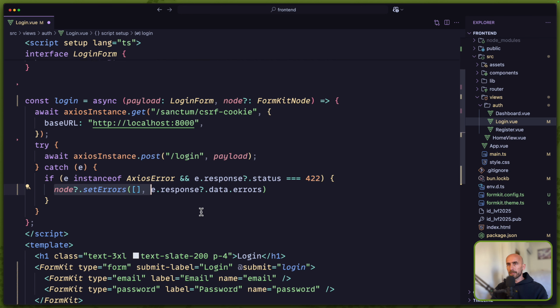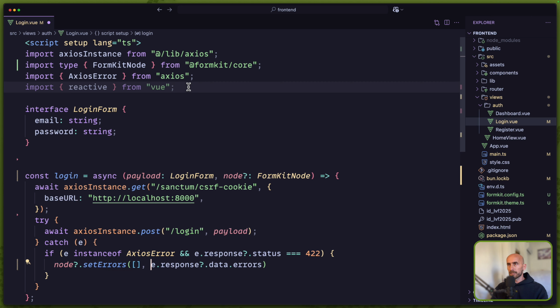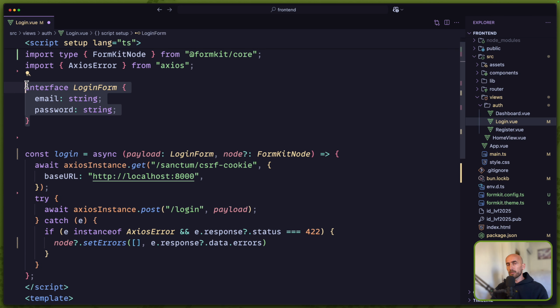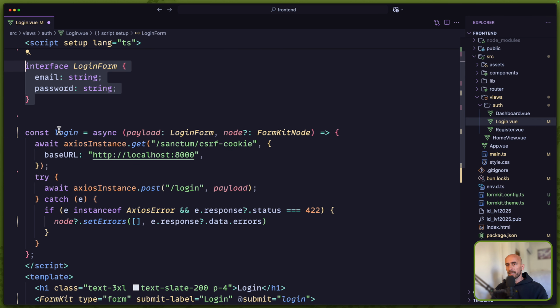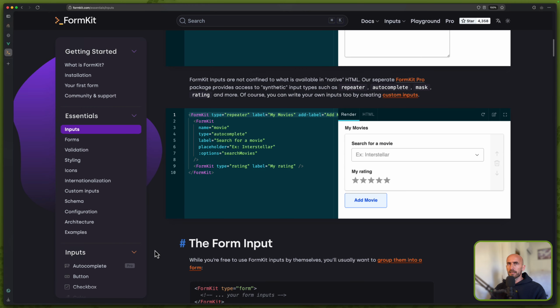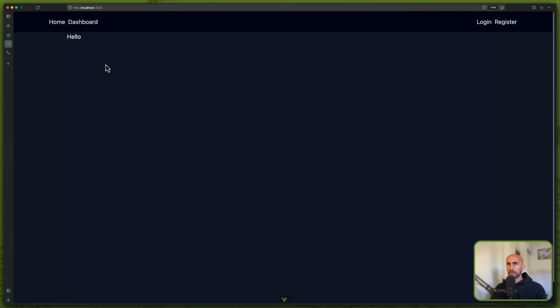now take a look. We removed almost everything. We have only the interface, which also I'm going to move somewhere else. Now I'm going to save this, and let's take a look. Let's open the project. I'm going to open the login, and yeah, it's going to look like this. Let me just